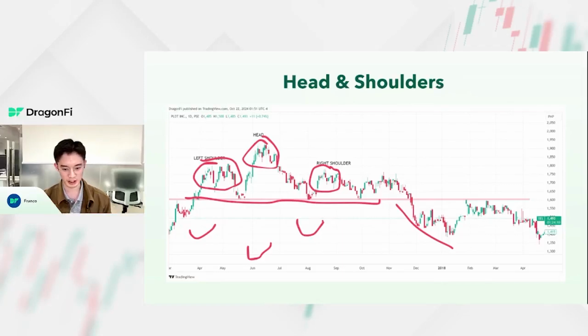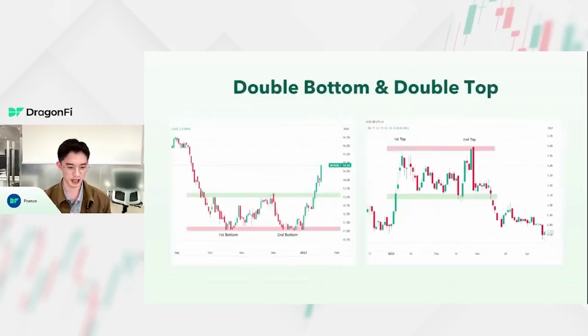Okay, the next one and the last chart pattern that we are sharing with you guys is the double bottom and double top. So double bottom is a bullish pattern, and the double top is a bearish pattern. So essentially, an easy way to spot this is if it forms somewhat of a W, as you can see here. So basically, that's a double bottom. You have your first bottom here and your second bottom. Basically, why this is bullish is because buyers are coming in to support it at this level, preventing it